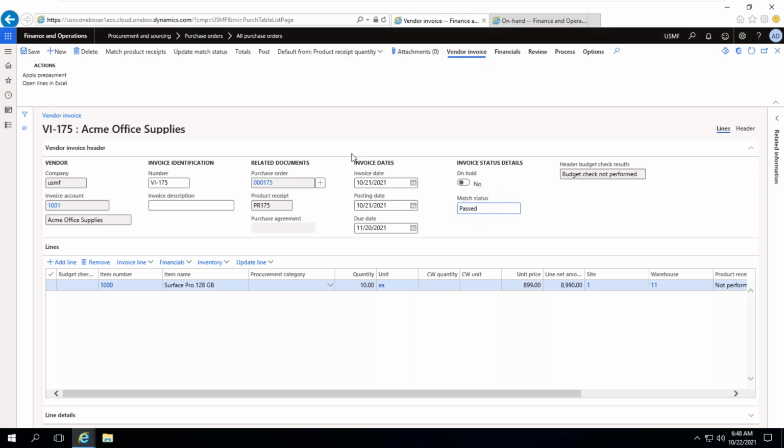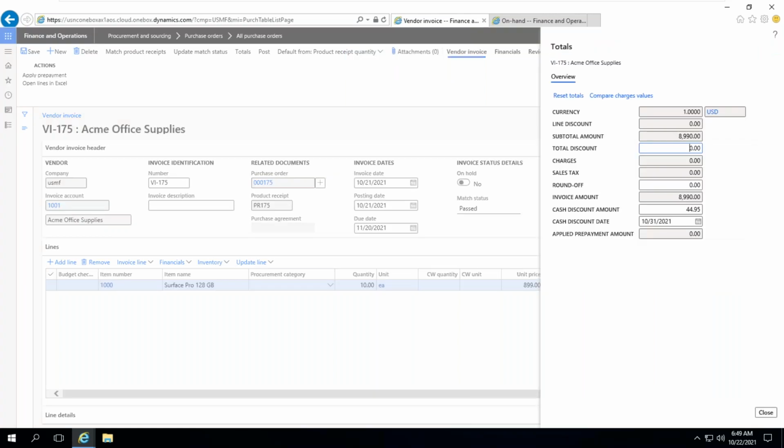Once it is passed, business people will click on totals and verify the invoice copy, the physical invoice copy you received from the vendor, to check whether those amounts and these amounts are tallied. If there are discrepancies, how to mitigate them, you will understand later. That is matching policies. I will explain those things later on. Now it is tallied. Suppose whatever invoice copy you received from the vendor and whatever you updated in the system are the same. It is matching without any discrepancies. Then we are posting.